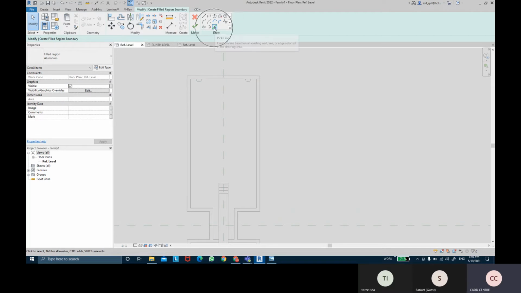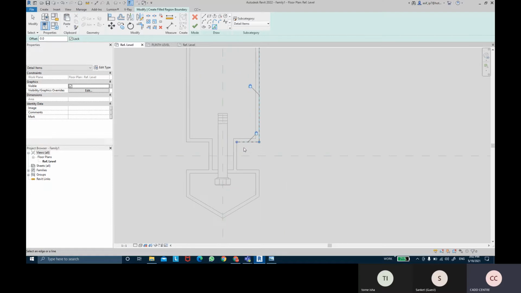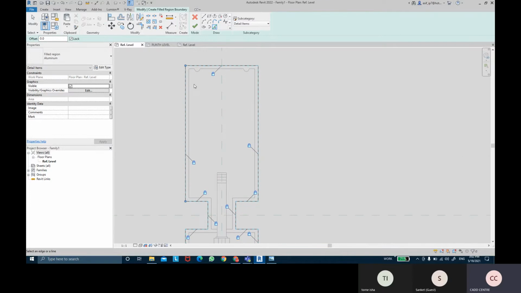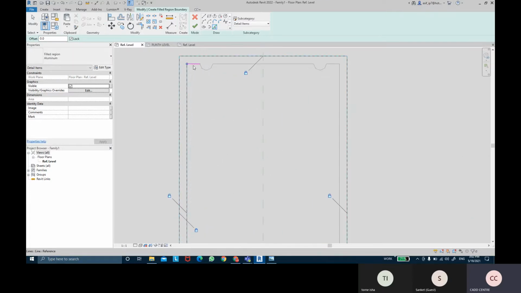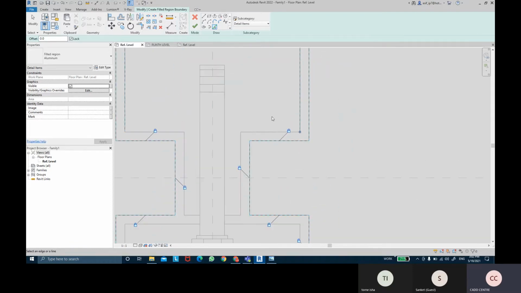So when we were picking the lines, we could have taken this option of lock so that once it's been picked, it will lock the lines. Pick these internal lines now. So these lines, arc shape, these shapes, this profile shapings.